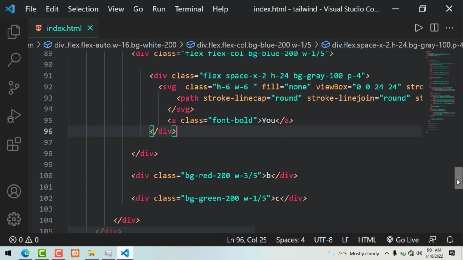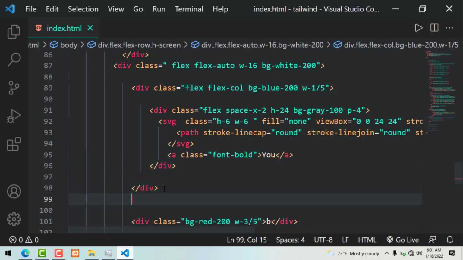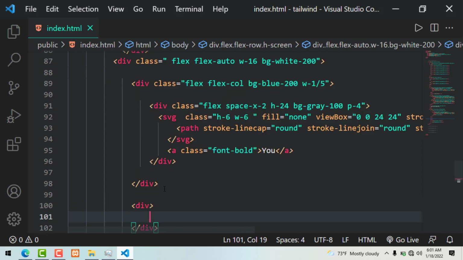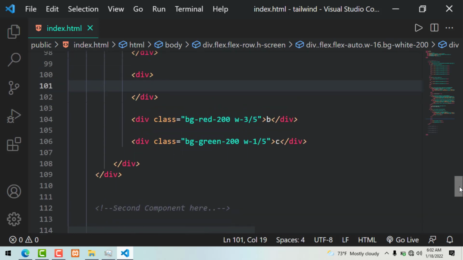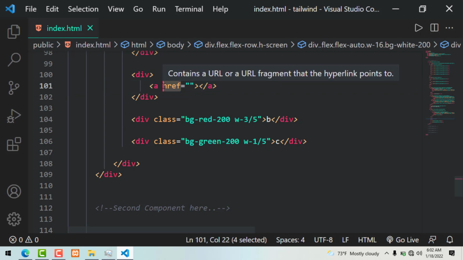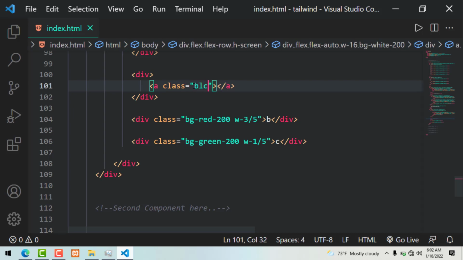Just below the div that we created, we're going to have yet another div. Let me scroll up a little bit here. Inside this parent div we're going to have a link. This link of course will not have the href, so it should just have a class. This link will have a class of block,